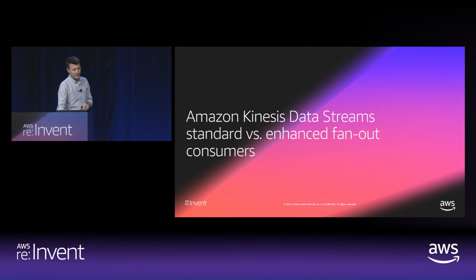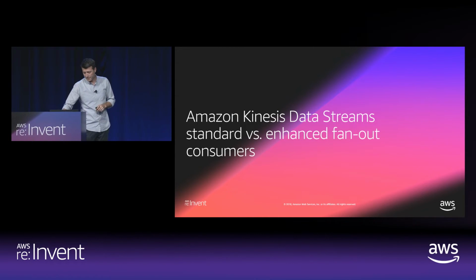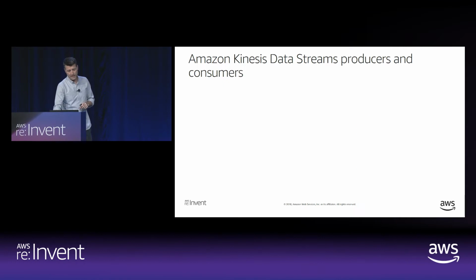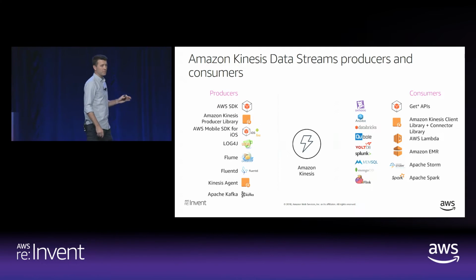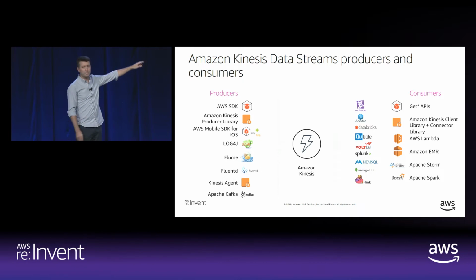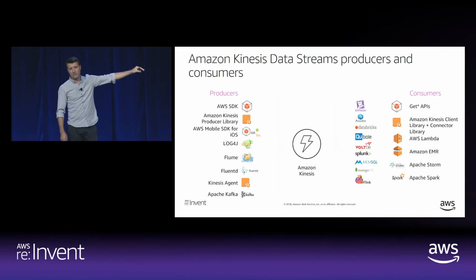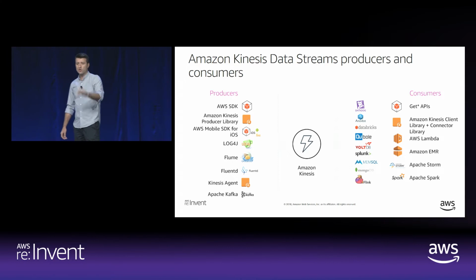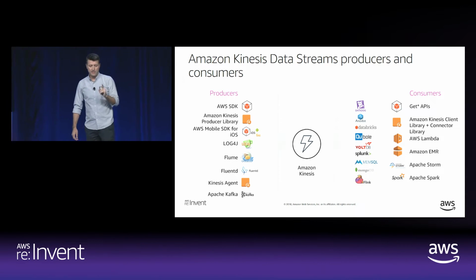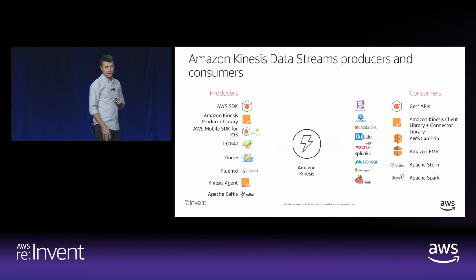But what we're really here to talk about today is high-performance data streaming and how you can best do that on Kinesis, particularly with Kinesis data streams. Before we do that, we want to talk a little bit about producers and consumers, because we're primarily going to discuss consumers today. But I want to make sure we're all on the same page. There's plenty of ways to produce data to Kinesis, plenty of ways to consume. I am definitely not going to go through each of these. The point I want to make on the consumer side of it is the Kinesis client library and AWS Lambda. Those are the two that can most benefit from some of the features that we're about to discuss.